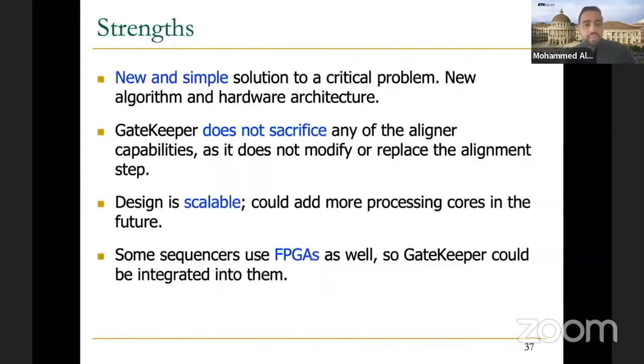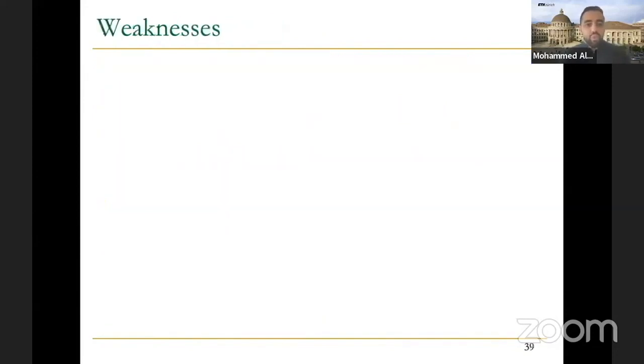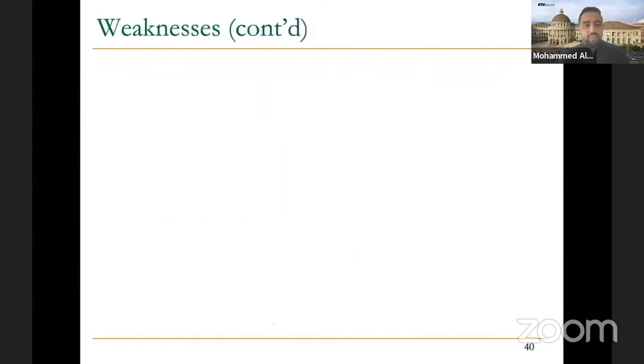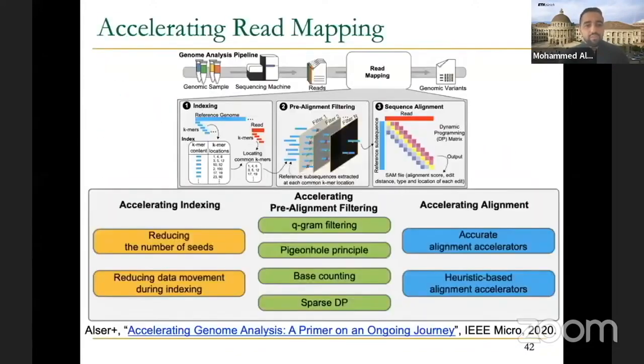As for the strengths and weaknesses, I will leave it to you to go through the slides and try to extract them. I would like to mention something very important. These are the papers I mentioned when I started the lecture about accelerating genome analysis, where we have not only pre-alignment filtering, but list all the works on indexing, seeding, pre-alignment filtering, and sequence alignment. So there are a lot of efforts, and GateKeeper is